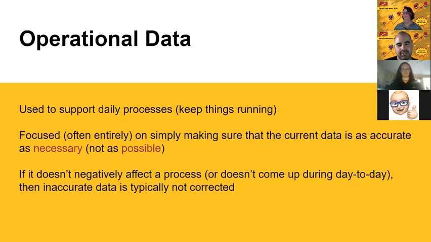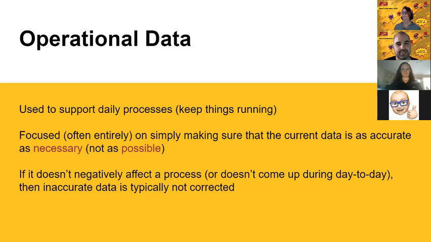They're not going to typically fix data that isn't impacting something. So if you look at the admissions process for undergrads, you can be admitted with a GPA above 3.0 or high school rank in your top 10% or SAT score above 1100 or ACT score above 28. And that means if you get admitted on one of those and the other one's not accurate, they really don't care. You only need one of those to be accurate in order to admit a student. And that data might not ever be used again. So it's not going to get fixed.